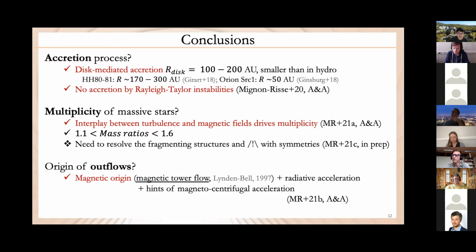Well, one thing is that it's very difficult to resolve those jets, because the closer to the star it is, the more gravitational energy there is to tap into. And actually the highest velocity component comes from this innermost region. So in our case, we are limited to 5 AU resolution. People in Tübingen are currently working on this with sub-AU resolution. In general, it ends up in jets that are like 100 to 300 kilometers per second.